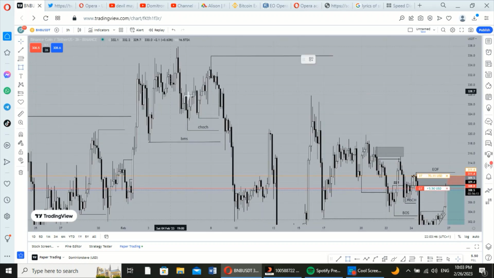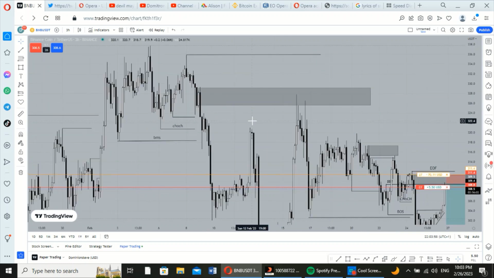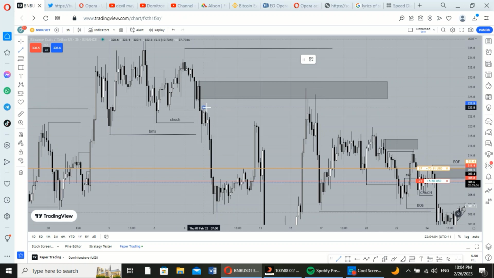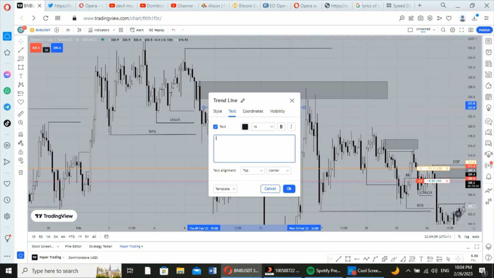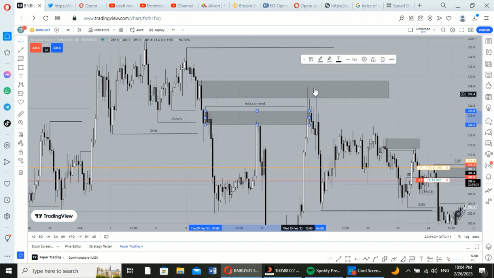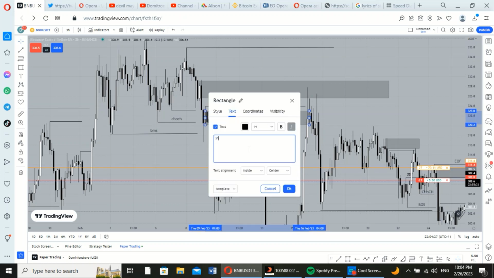So right here we had the order block that was responsible for breaking the structure, because if you look, there is no area where we have imbalance except this area, and this is where we had our order block. Now we start conducting the assessment. So right here we had inducement, so I will mark it as an inducement right here. Alright, and also we had a smart money trap right here. So this is the smart money trap, and I say that smart money traps are likely to also be inducement. So that means